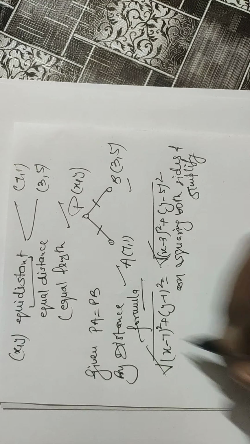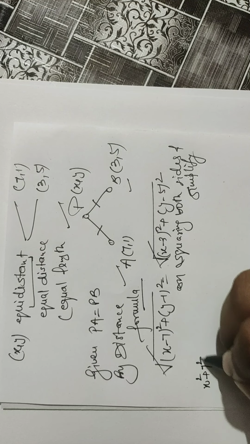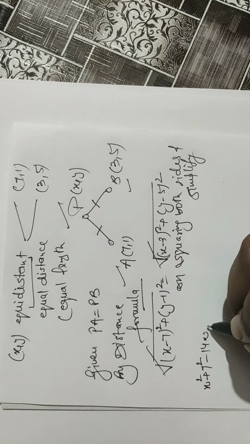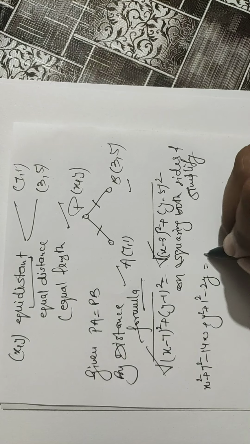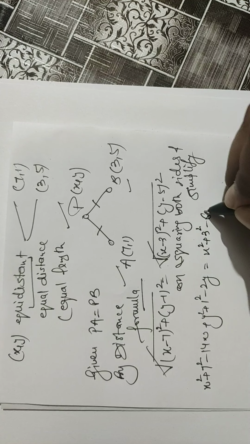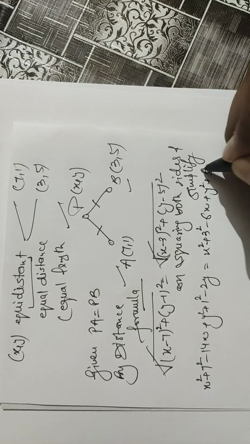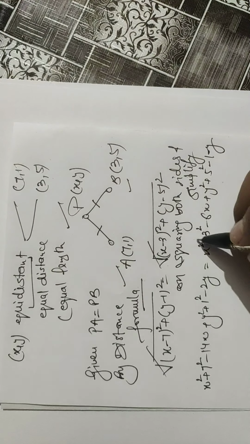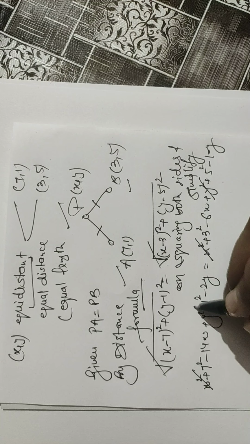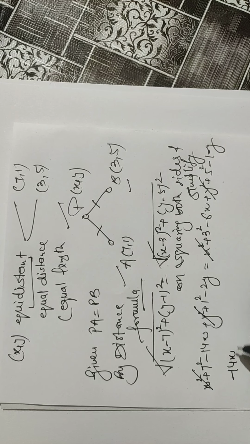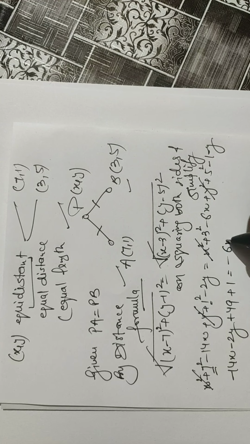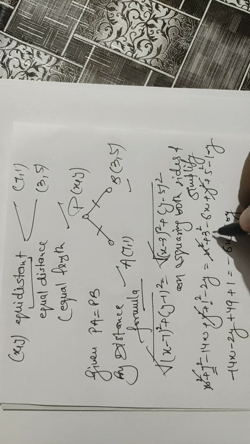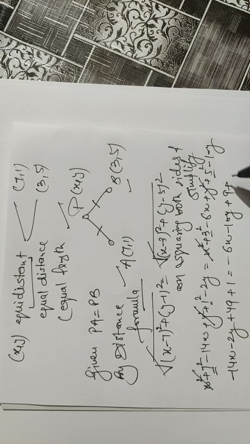If you see here, (a minus b) whole square is given by a square plus b square minus 2ab. On the right hand side also, a square plus b square minus 2ab. If we see, these two terms are the same, these two are also the same, so they cancel out. Firstly we are taking the x term, then the y term, then the constant. It becomes plus 49, plus 1. On the right hand side, minus 6x minus 10y, constant from here plus 9, from here plus 25.